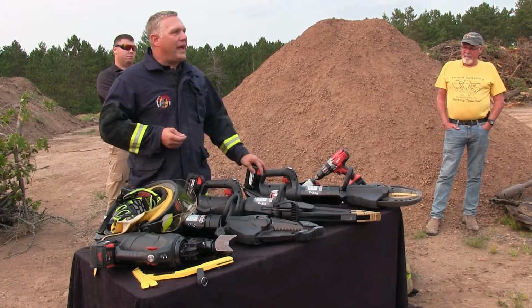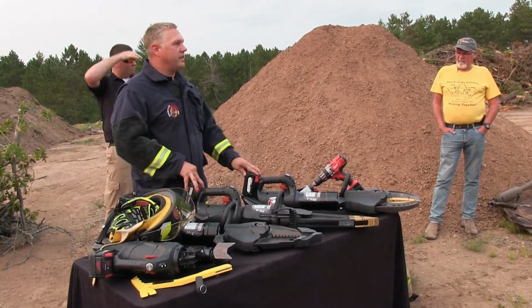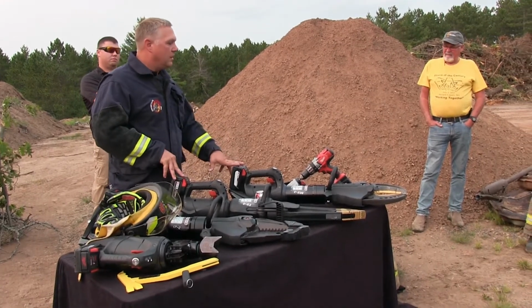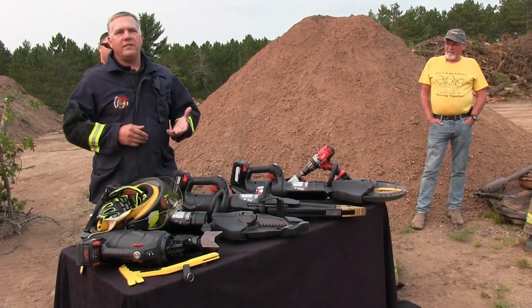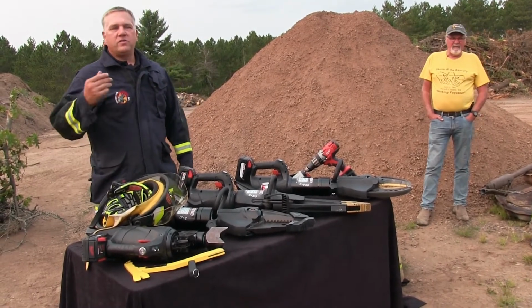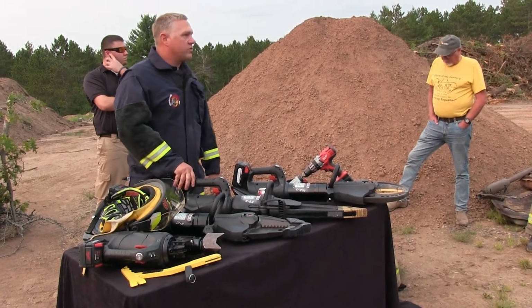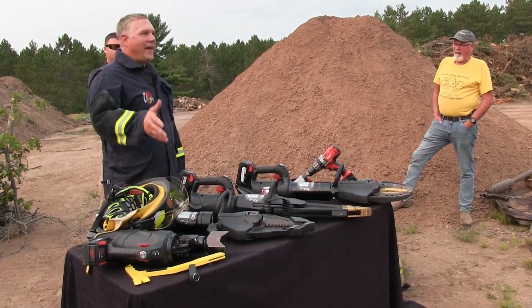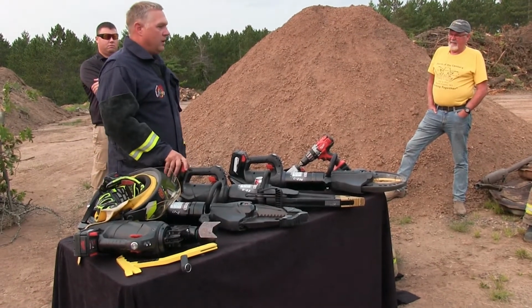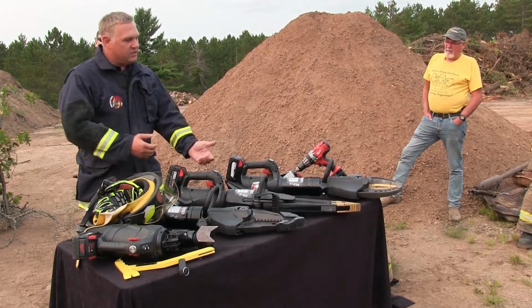The Milwaukee battery, in my opinion, is one of the great selling features of this particular tool, because otherwise you're using what's called a proprietary battery, and so if you're in a different tool and they're the battery manufacturer and something goes wrong with it, guess what? You can only buy the battery from that tool manufacturer. Whereas Milwaukee, this is what they do. They make batteries, and if you crack this battery open,